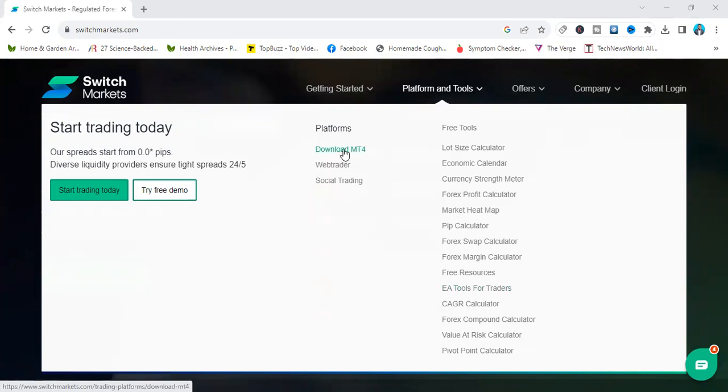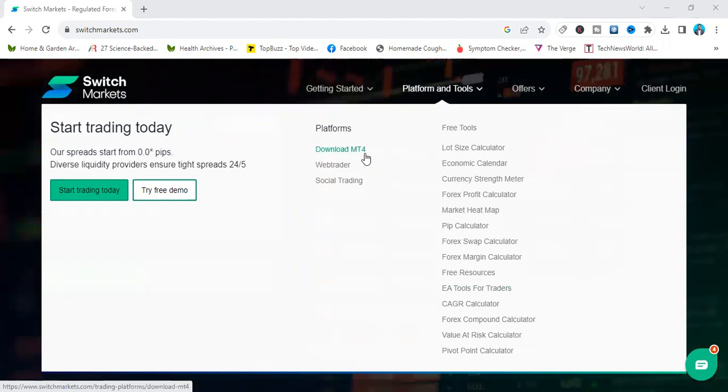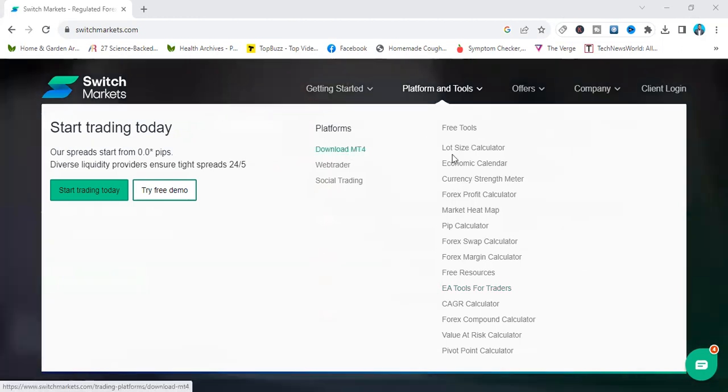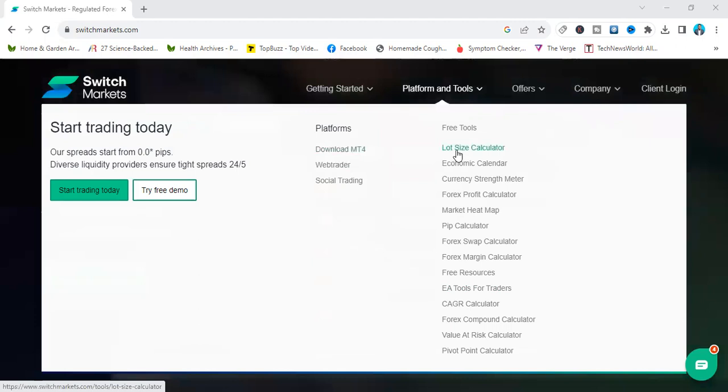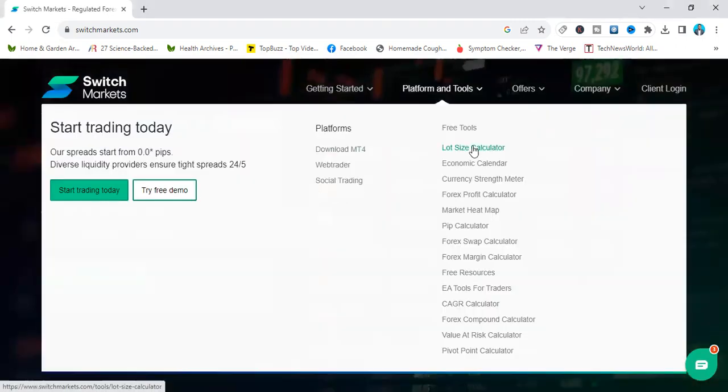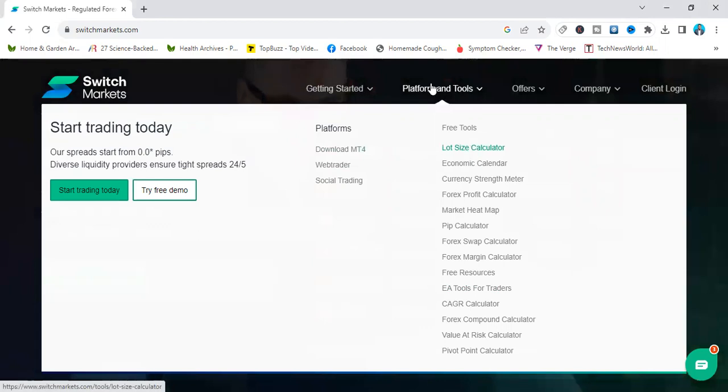So if you want an MT4 to download, you can easily go to the Swiss markets, their platform, and then you click to download the MetaTrader 4. Now, our interest is in the first one, lot size calculator. That is where our interest is. So when you come to lot size calculator,